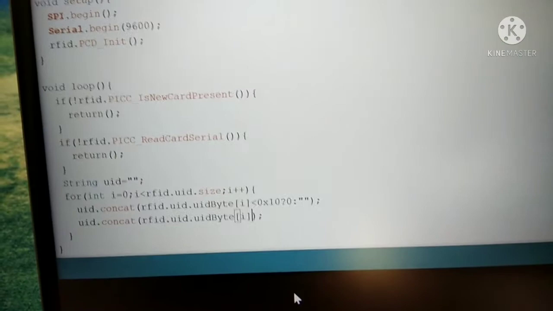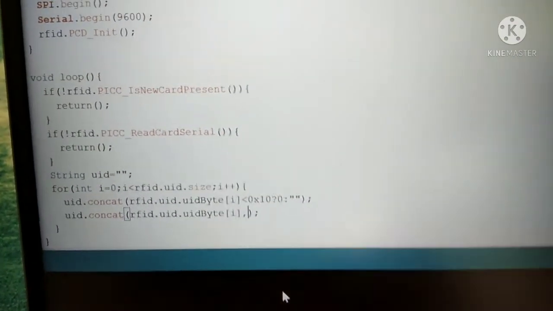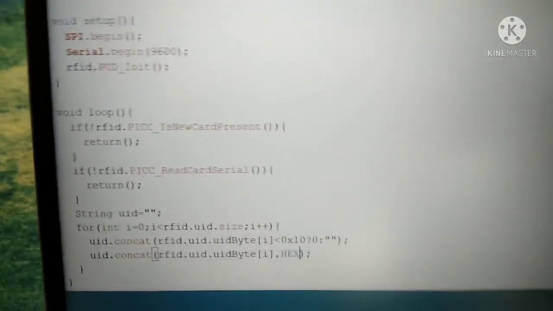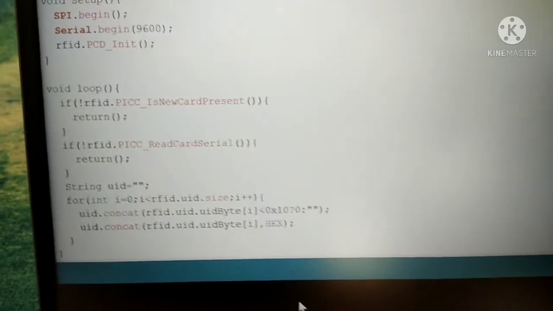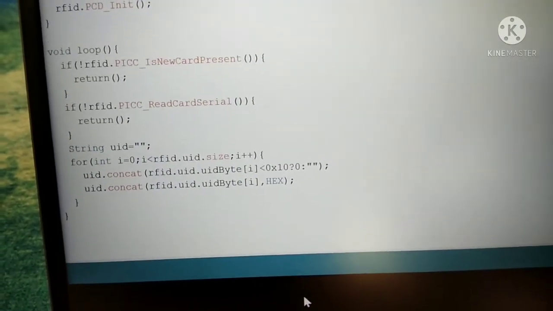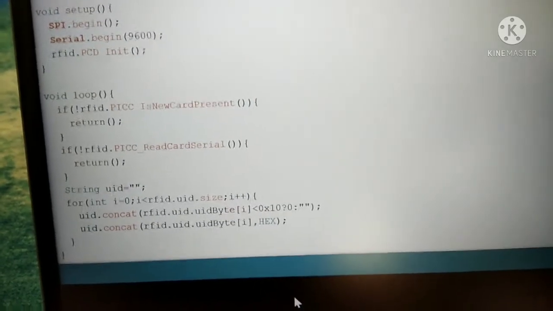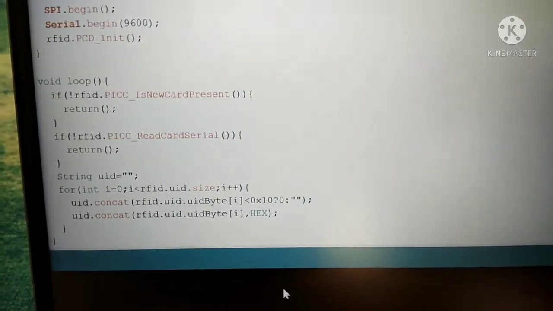So not any condition, just RFID.UID.UIDByte[i] and comma HEX. So that's done. So hex stands for hexadecimal code, as in color codes, and we can even form alphanumeric codes using hex.